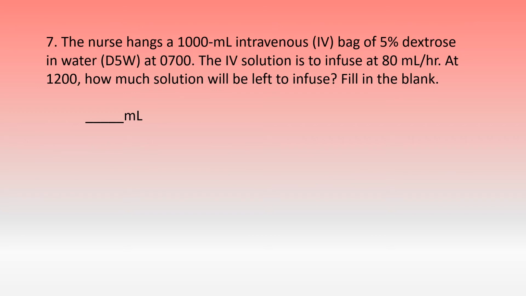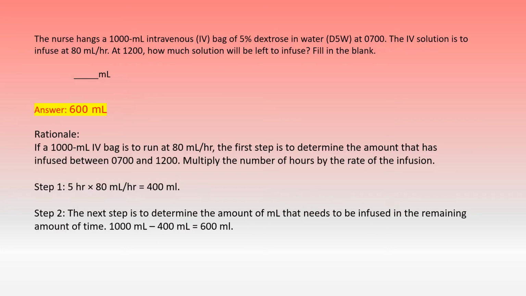The nurse hangs a 1,000 ml intravenous IV bag of 5% dextrose in water, D5W, at 0700. The IV solution is to infuse at 80 milliliters per hour. At 1200, how much solution will be left to infuse? Fill in the blank. Answer: 600 milliliters. Rationale: if a 1000 ml IV bag is to run at 80 milliliters per hour, the first